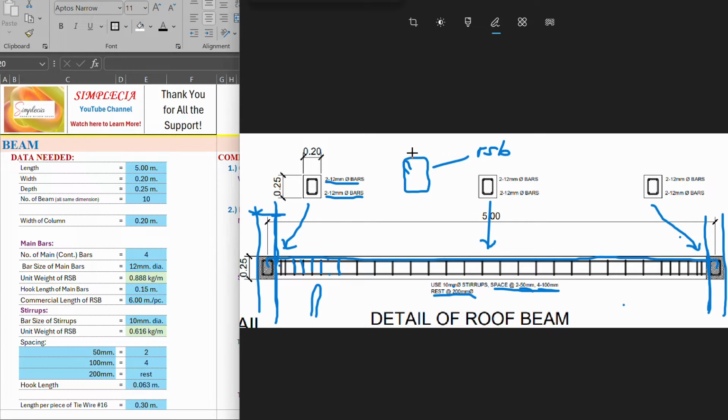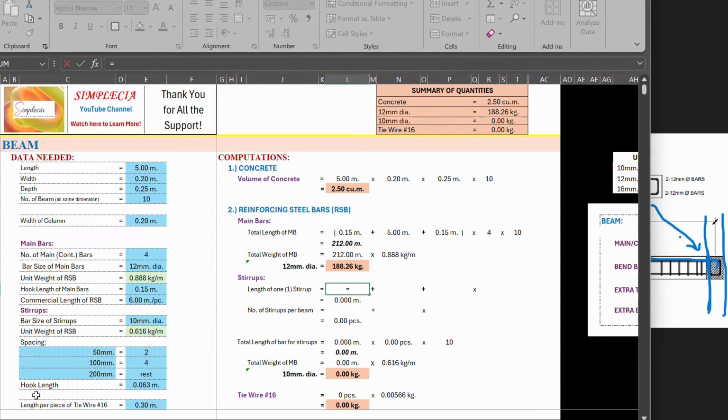Hook, tsaka ito. So, as you can see, dalawang hook, dalawang parihong size sa top and bottom, and left and right, ba? Remember that. So, for the hook, because we provided here the under stirrups, the hook length is 0.063 meter. Length nyo lang dyan. And then plus